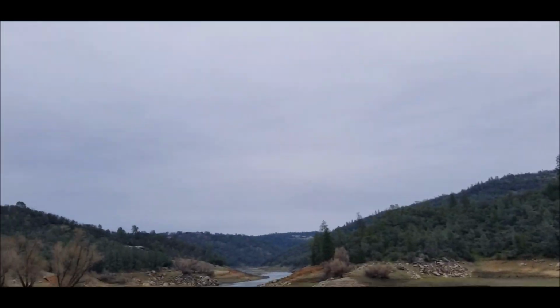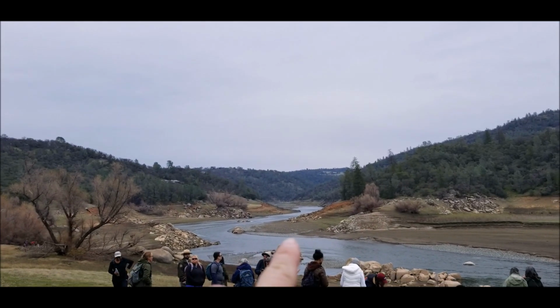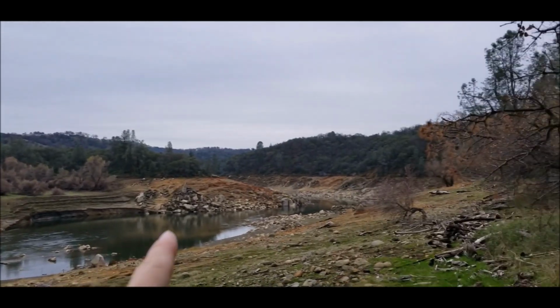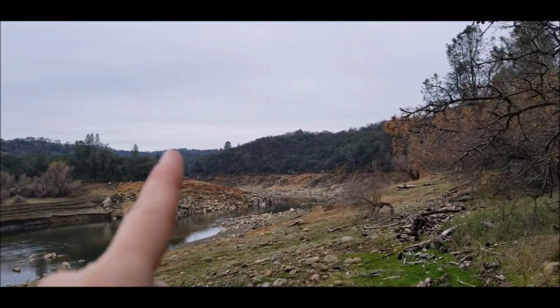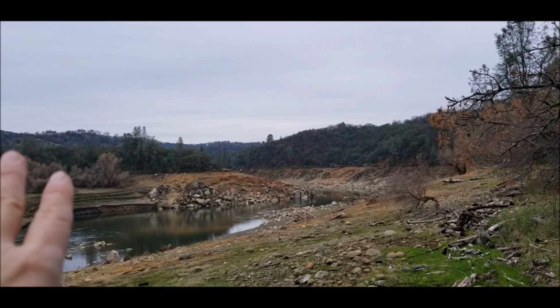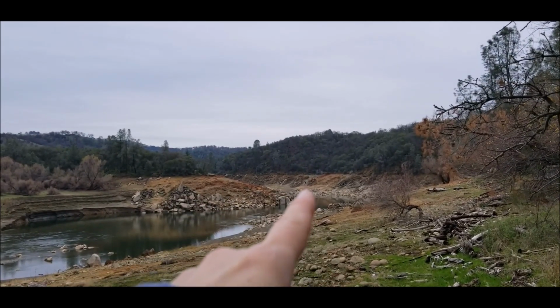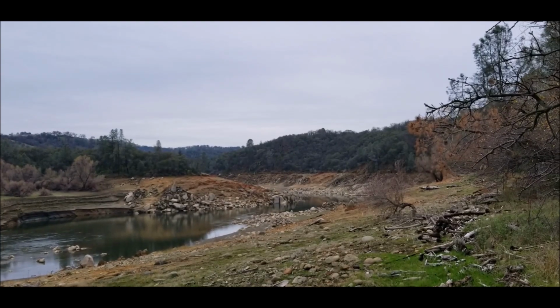Well, that's the North Fork of the American River, and it comes down from Auburn. If you keep going that way, you go out to Folsom, which is at the east side of like Sacramento, which would be over that way more. We went down there when we did the Avery Pond last time,